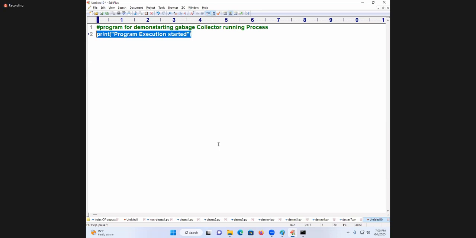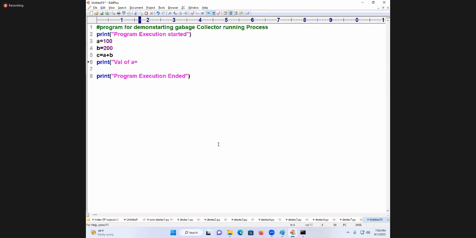Okay. Now I am writing program execution ended. Now I am writing A is equal to 100, B is equal to 200, C is equal to A plus B. Print here, value of A is equal to, dot format of